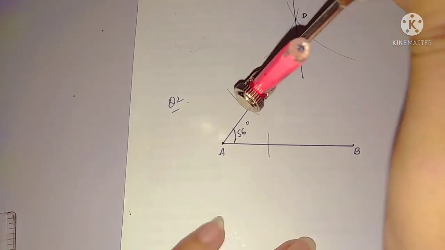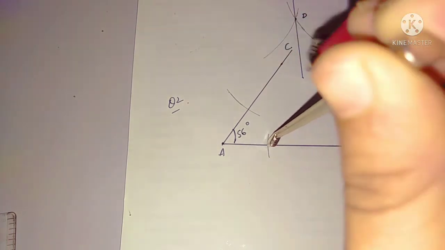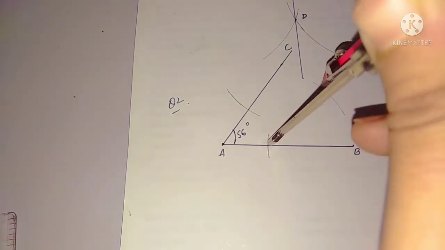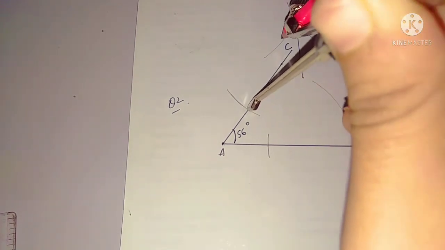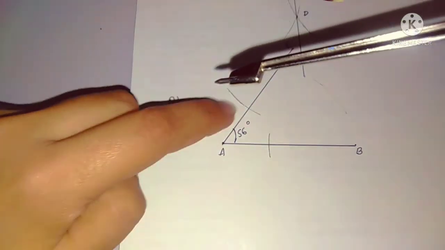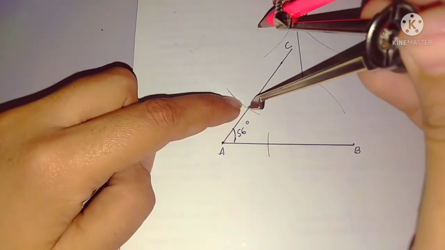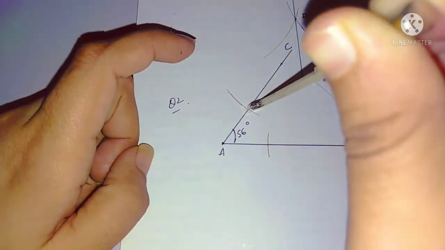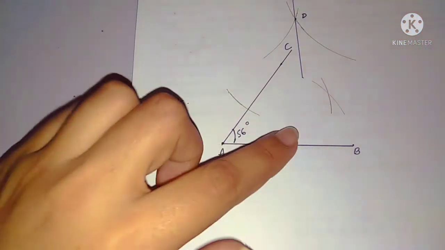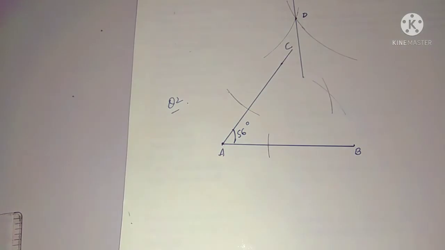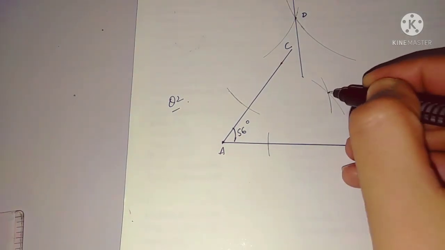Now to draw the angle bisector, first you put the compass on this arc and draw an arc here, and now put the compass on this point where it cuts AC. Where it cuts AC, you can give it any name. Now this is the point, and you have to draw the second arc. Can you see this point? From this point you have to connect it with this.